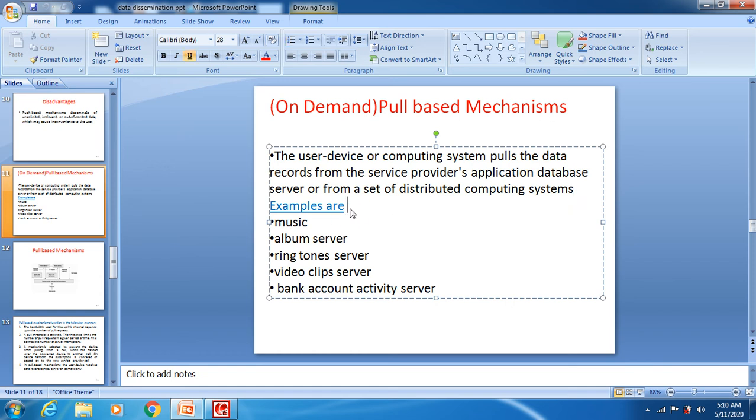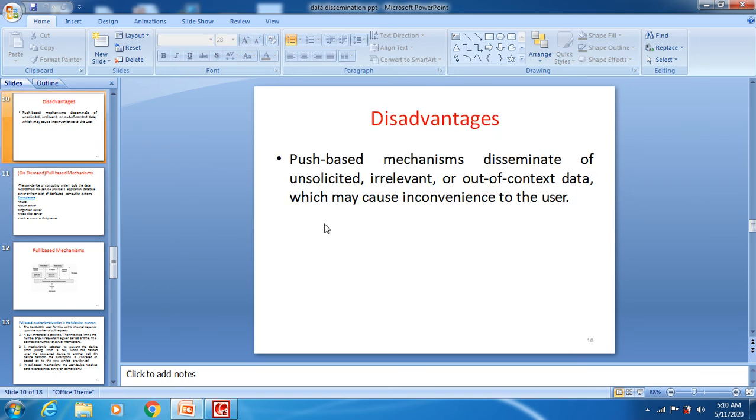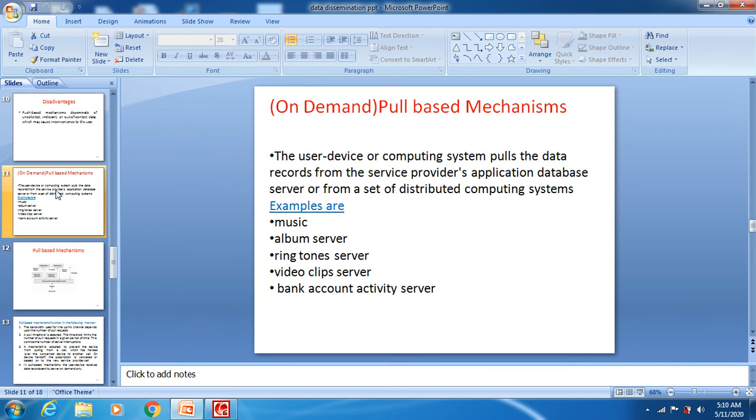Now we'll see examples like music, album server, ringtones, video clips, bank opening. These are examples of pull based. For example, if I want to download a particular song, you are simply sending a request to the server, and only then will the server give that particular song to your device.